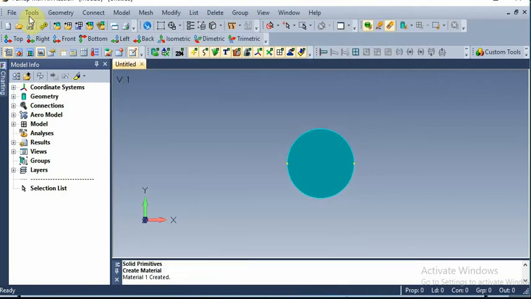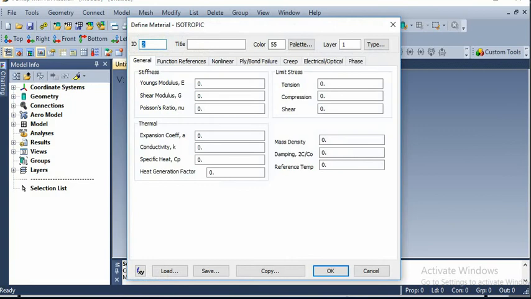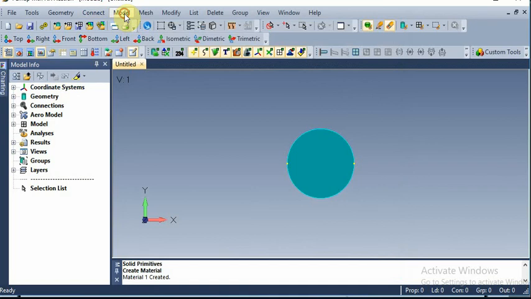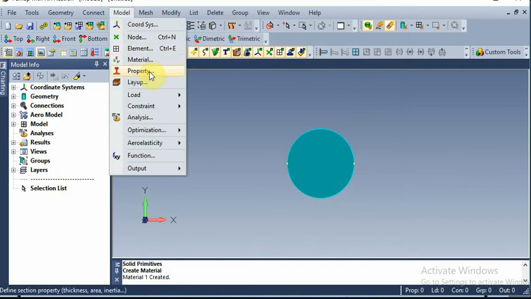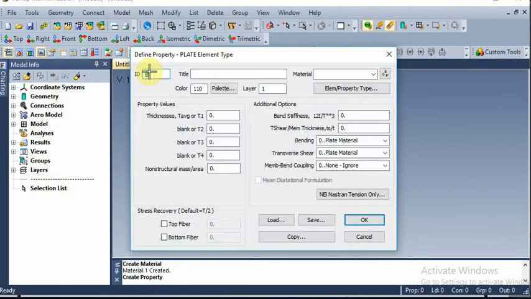Next, model, property, ID 1, title element 1, select the material, we already created it.